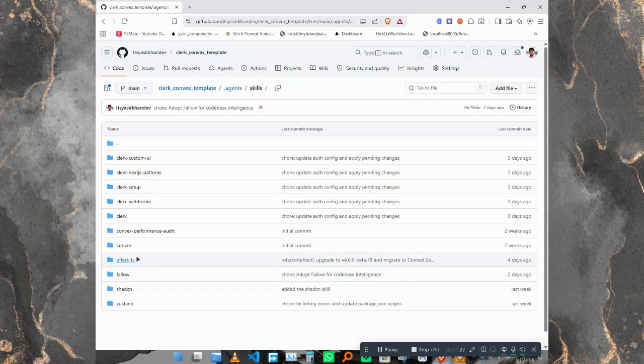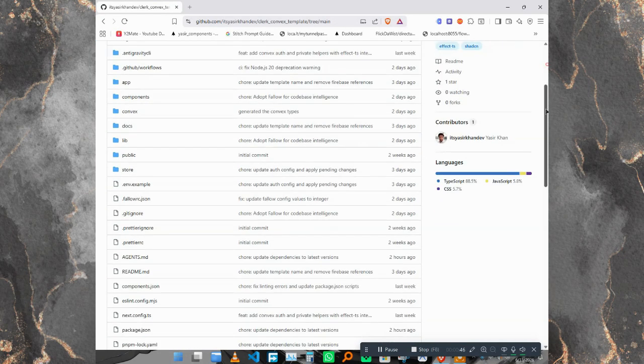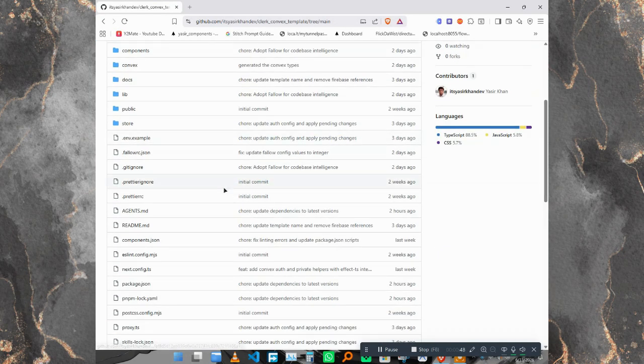Like, I like to do the effects for the error handling and the hello for the removal of duplicate code, and also shared Convex and Clerk webhooks, Clerk setup, and also these are the 4 to 5 Clerk skills that are needed. So this template is agent ready, and in the standard agentic models and harnesses, most of